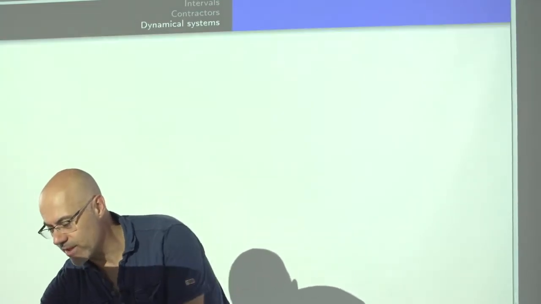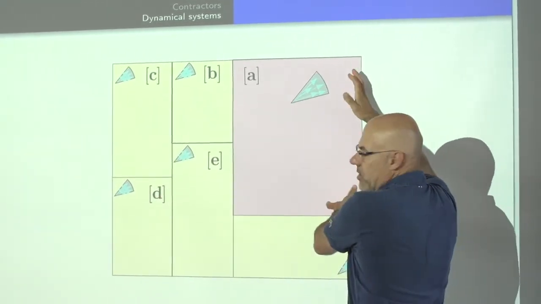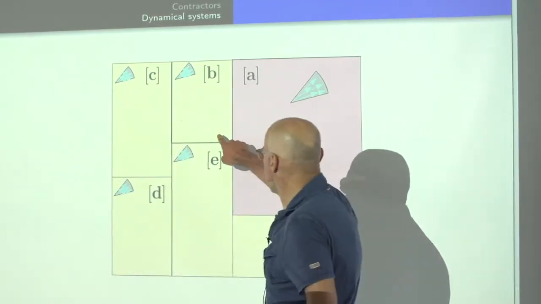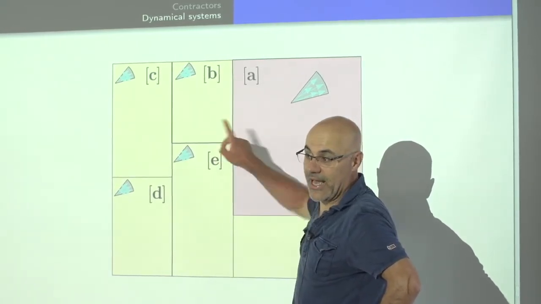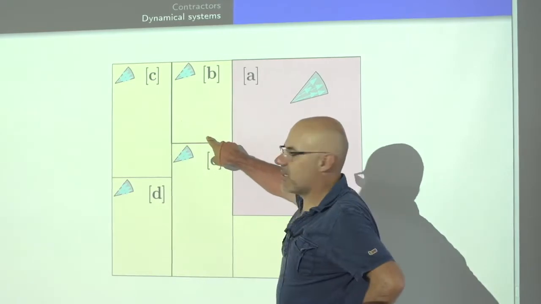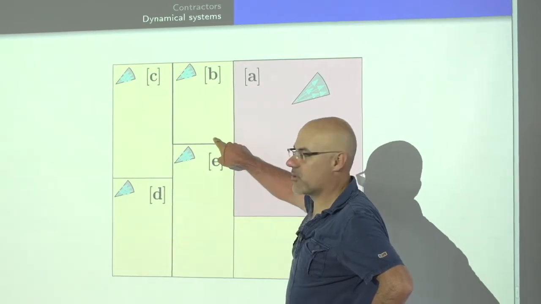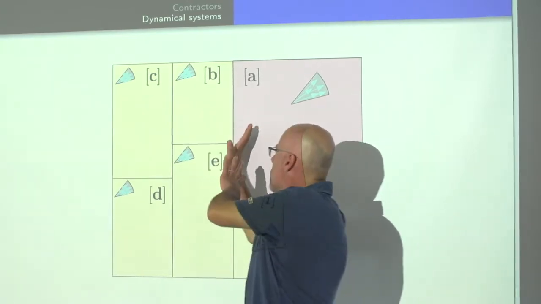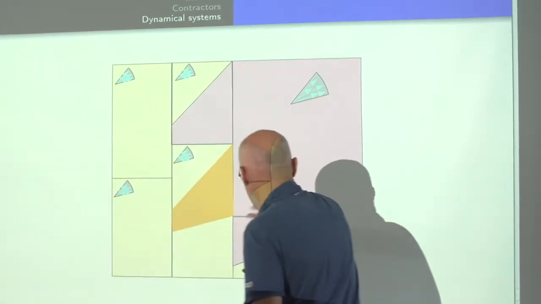So let me show geometrically how it works to avoid the mathematics. This one is a forbidden zone. I don't want to go inside this zone. So of course, if I am here, can I avoid the forbidden zone? I try to find paths that never go here. If I start from here, do you think I can avoid this forbidden zone? Yes or no? No, I cannot, because I can do whatever. I will go here. So I eliminate this one. I eliminate this one. I eliminate this one.